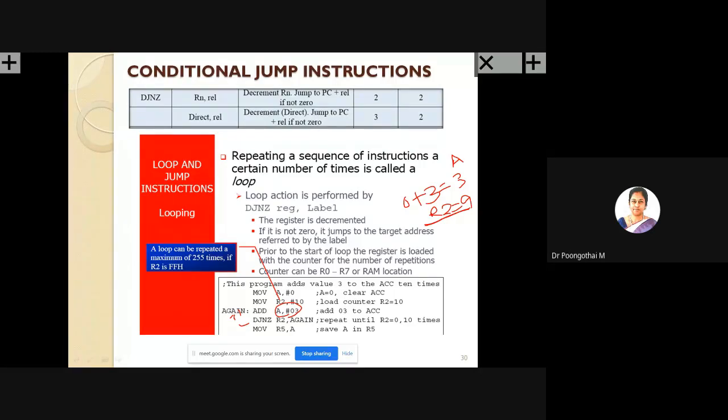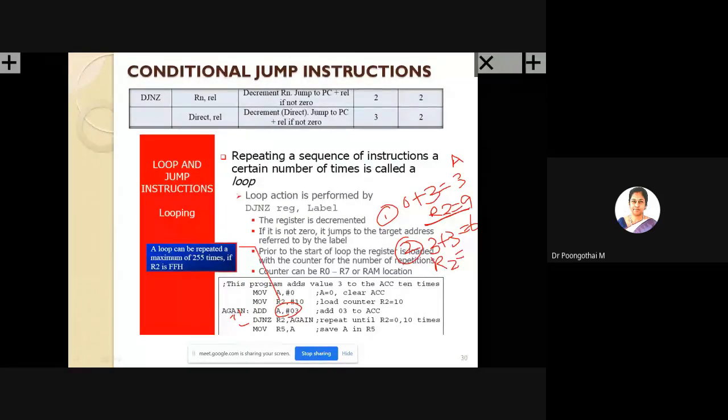What is the next addition? So this is your step 1. What is step 2? 3 plus 3 is equal to 6. Again, your count register is decremented. Now R2 holds 8. So this is repeated until your R2 becomes 0.